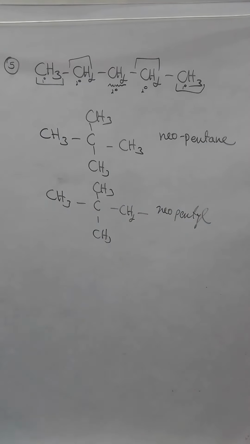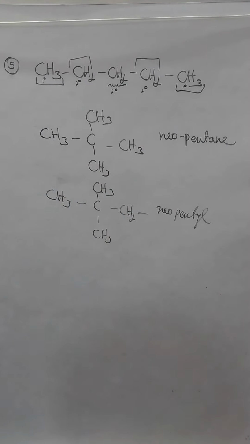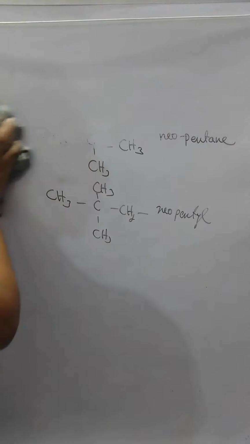These are few of the alkyl groups which we have to remember, so that if it is used as a substituent, we can just look at this group and directly name it. You can try with hexane also. You will be having N-hexyl, isohexyl, tertiary hexyl, neohexyl, so on. So neohexyl will be, there is another CH3 over here, so that will be a neohexyl. So these are few of the important alkyl groups which you have to remember.